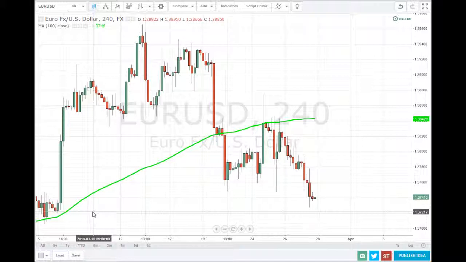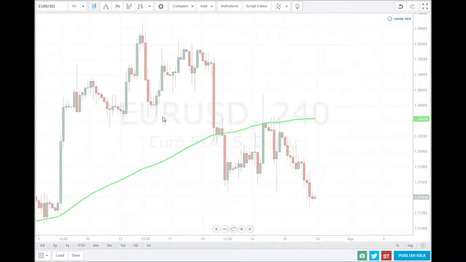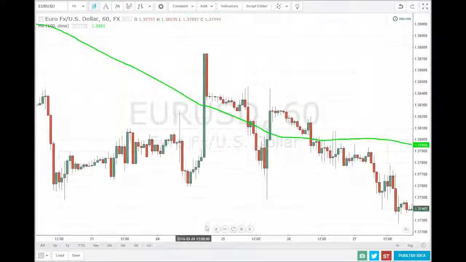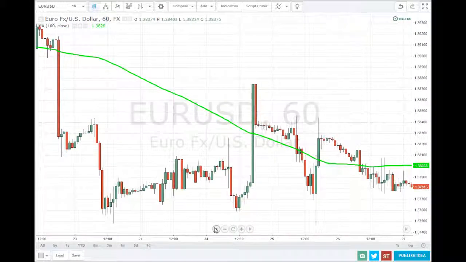To demonstrate how a moving average can be used to show the bearish or bullish bias, let's go to a 1 hour chart. We'll stick with the Euro US dollar and go to a 1 hour chart. Okay. So there are a couple of ways a moving average can show us the longer term bias. First of all, the direction of the moving average